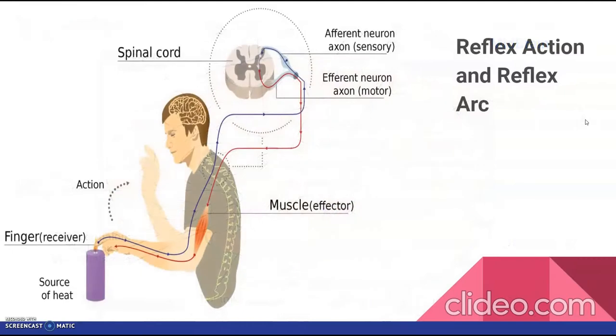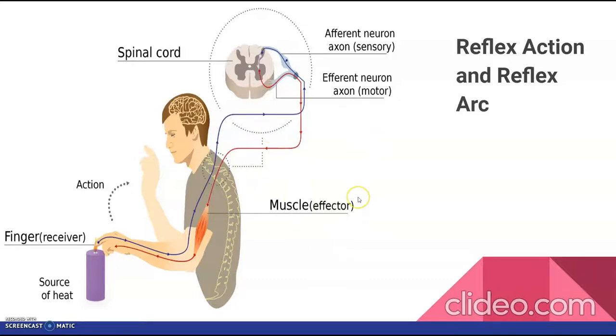Reflex action and reflex arc. We experience a sudden withdrawal of a body part which comes in contact with objects that are sometimes extremely hot, or a prick in the finger through a pin. All these, when you come in contact with hot, cold, pointed objects, or animals that are scary or poisonous, the entire process of response of the peripheral nervous system stimulation, which occurs involuntarily, that is without conscious effort or thought, and requires the involvement of a part of the central nervous system,